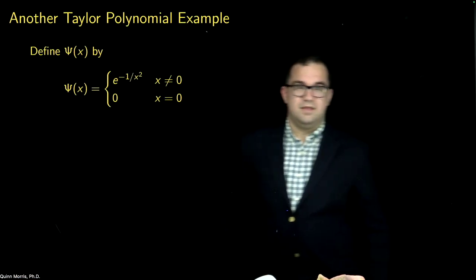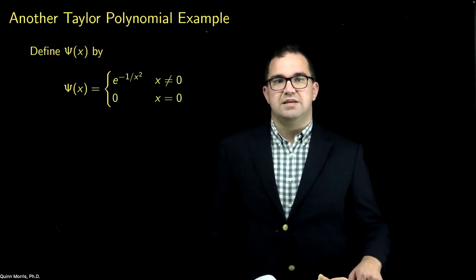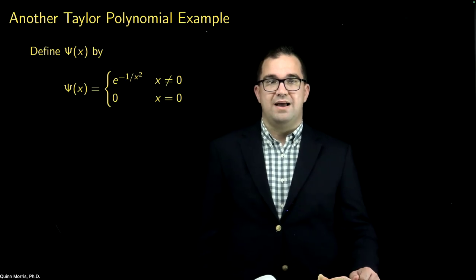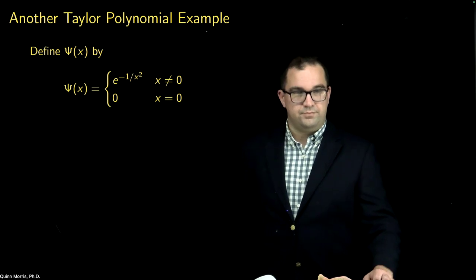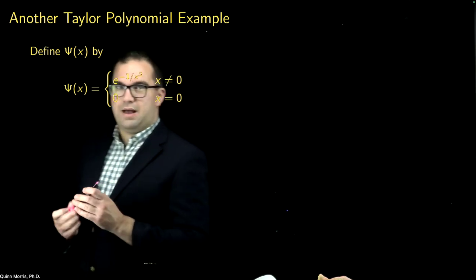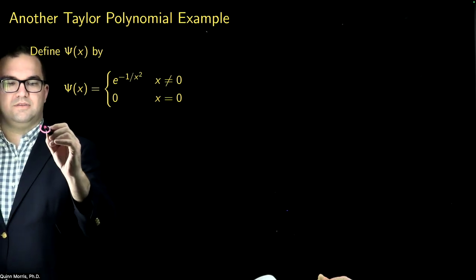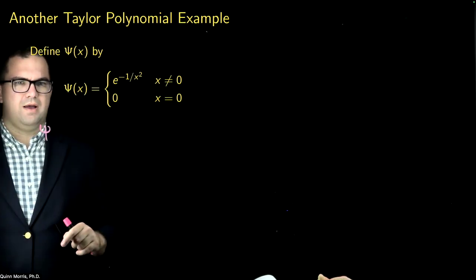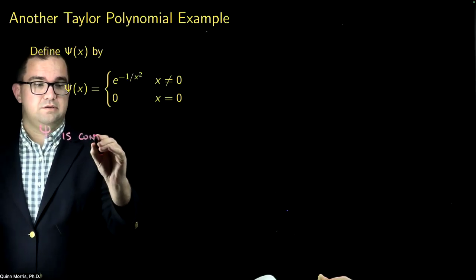So looking at the next and last example, let's consider this function. Let's consider psi of x, which I'm going to define to be e to the minus 1 over x squared if x is not equal to 0, and 0 if x is equal to 0. Now, a couple facts about this function. If we were to look at this function, because it's a piecewise defined function, you might wonder if it's continuous, and it is continuous